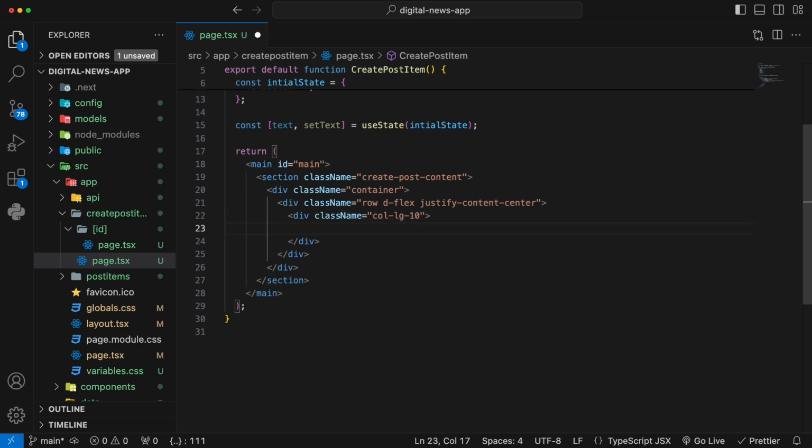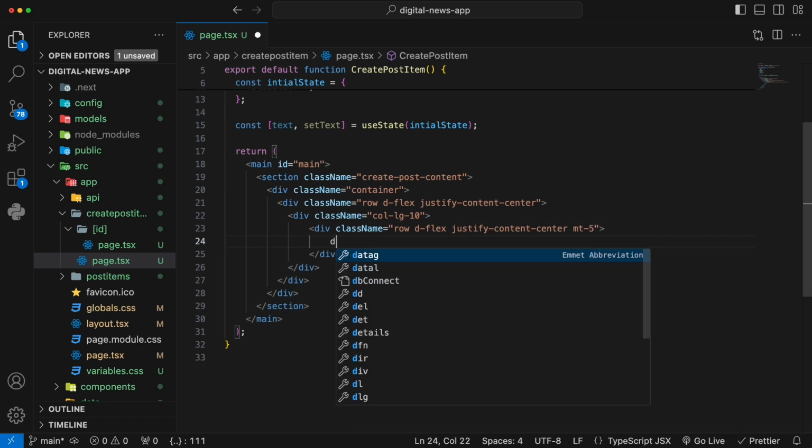And inside it, we want to have a title for the page as well. So we say create another row, and inside this row I also want the display flex, justify content center, and I'll give a margin to the top of 5, like so. And then inside another div, we create a 12 column to wrap up the title,